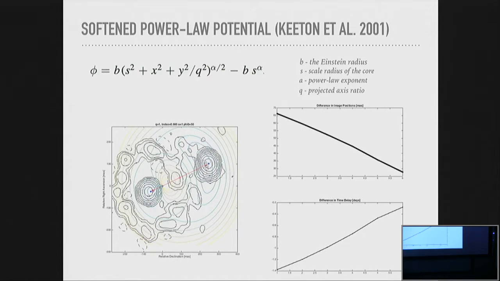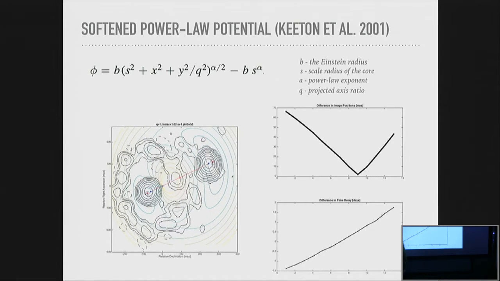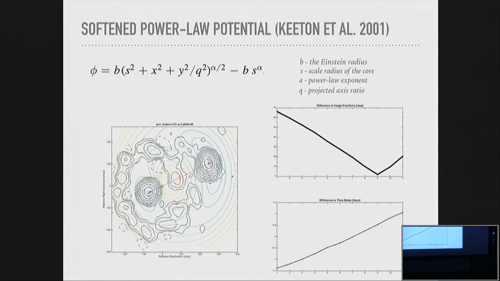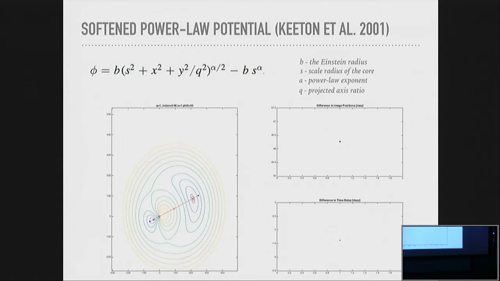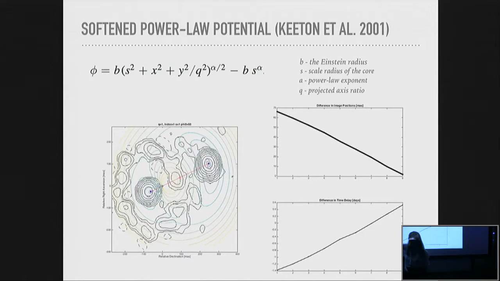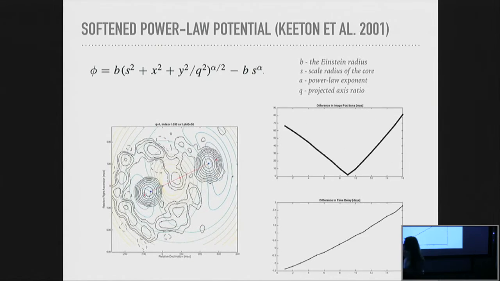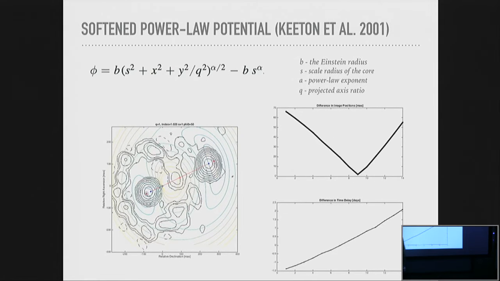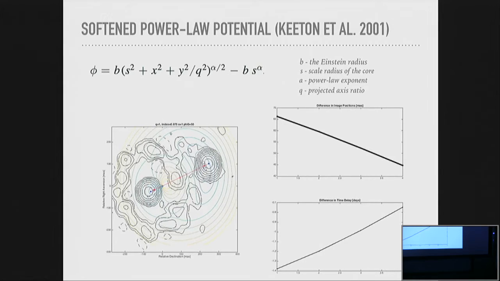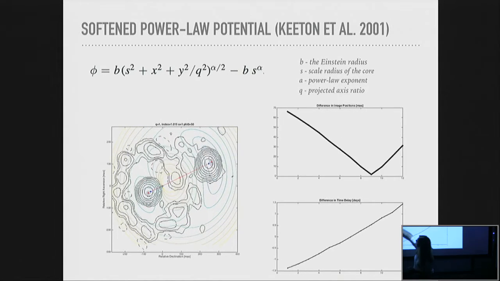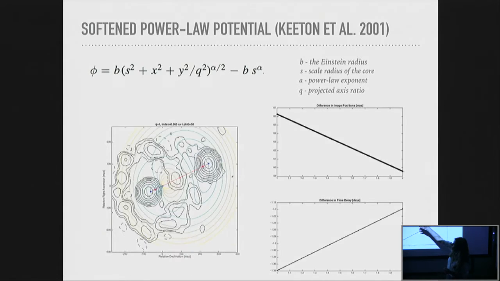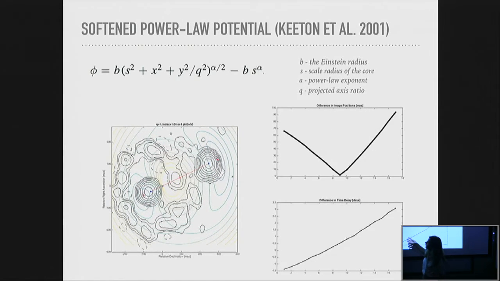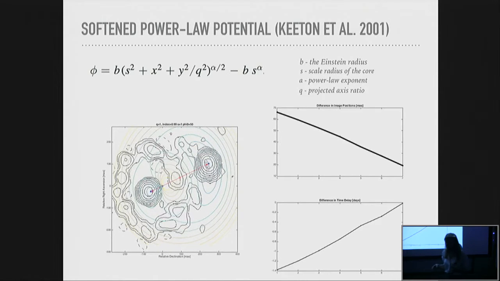So here are the radio contours of the radio images. The blue points are our observation, and the red points, which move here, are the reconstructed positions of the radio images when we change the slope of the gravitational potential of the lens. We can see that even when we change the slope by a tiny step, the differences in the position of the reconstructed images are huge. If we change the slope even by 0.05, the position of the images moves by about 20 milliarcseconds,